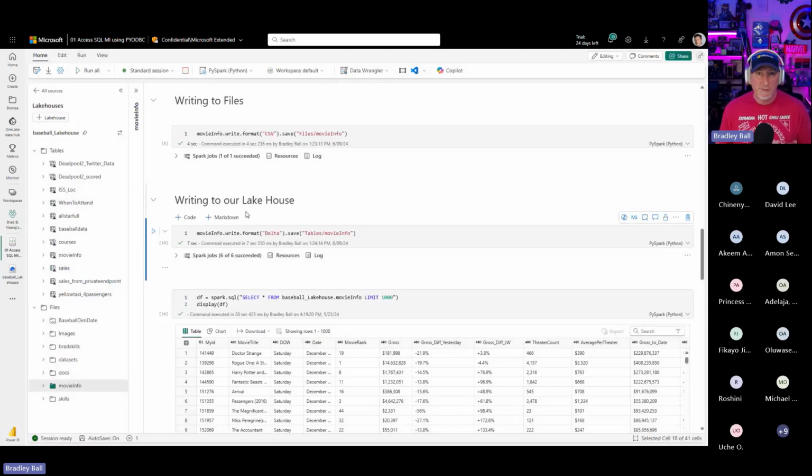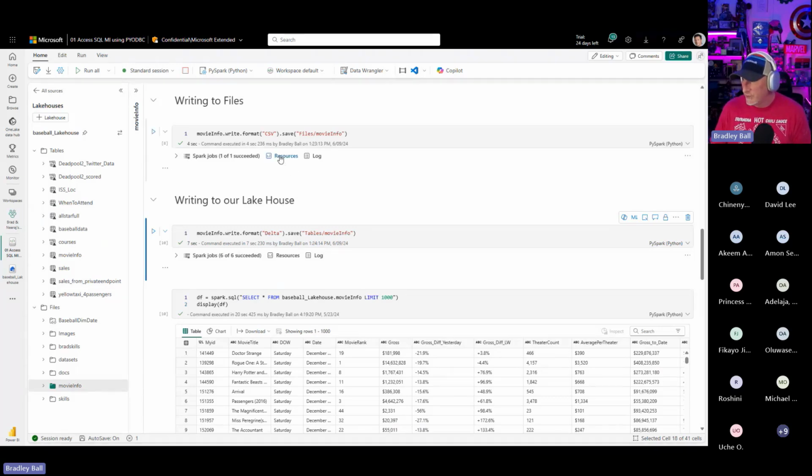I used PyODBC to connect. I didn't use a Dataflow Gen 2. I didn't use a data pipeline. I wrote this out as files. I wrote this out as a table. And then I also connected to this using SQL Server Management Studio, and I was able to query this with T-SQL as well. And so it's incredibly flexible the way that we've got our data.